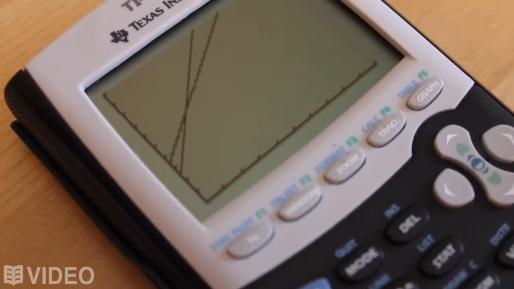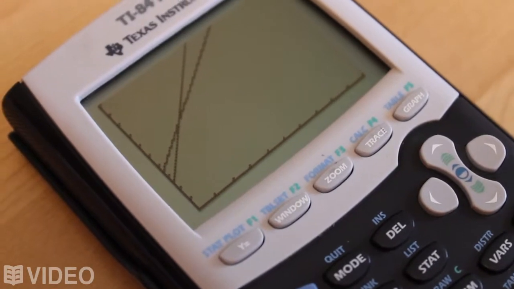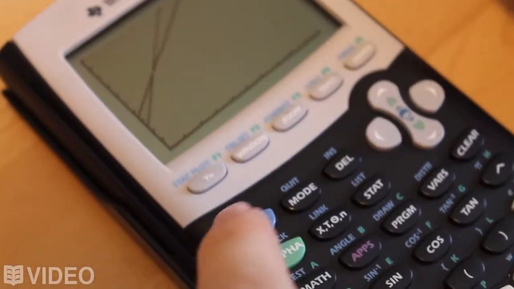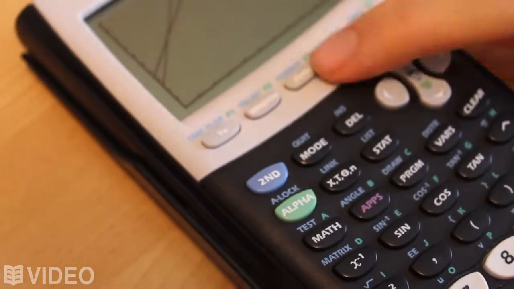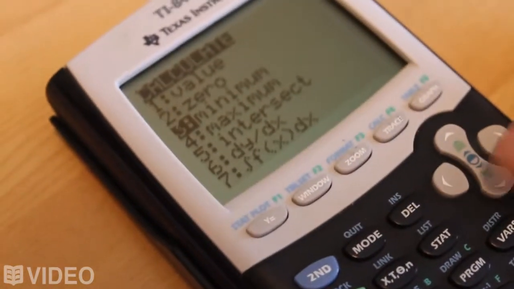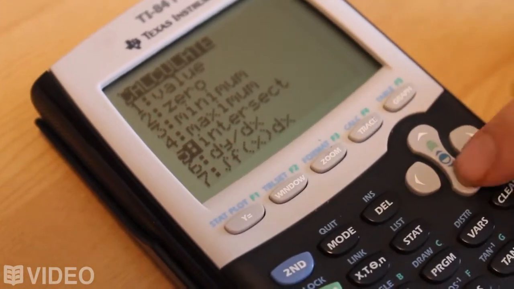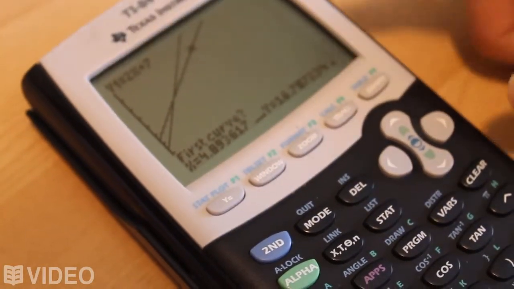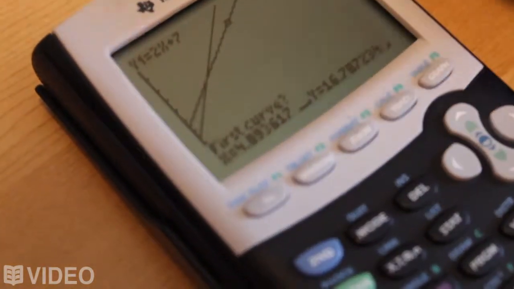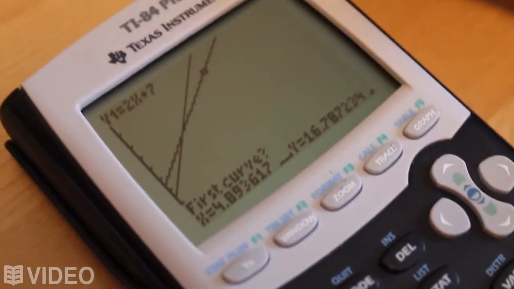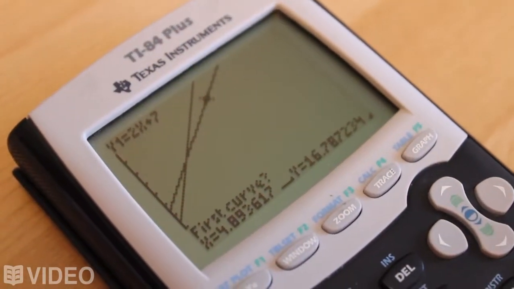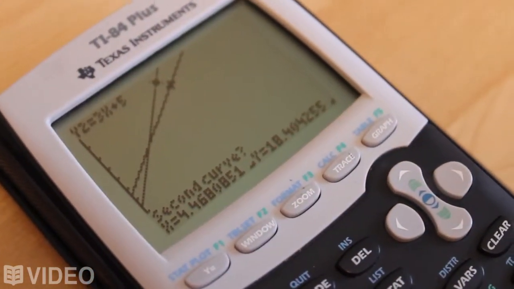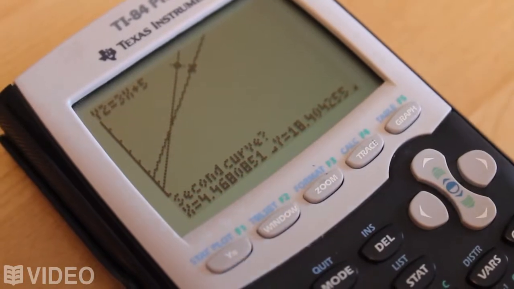So of course we have 2x plus 7 and 3x plus 5, but we want to know the exact coordinate value. So again, we go to the second function button down here, and press calculate. And then we scroll down using the down arrow key to intersect. Then it's asking us for the first curve. We know we're on the 2x plus 7 curve there, and we can see our little cursor on the curve. So I'm just going to press enter because that's our first curve, and then our second curve is obviously the other curve. It's automatically going to cross, so I'm just going to press the enter key again, just like I did with the zeros,